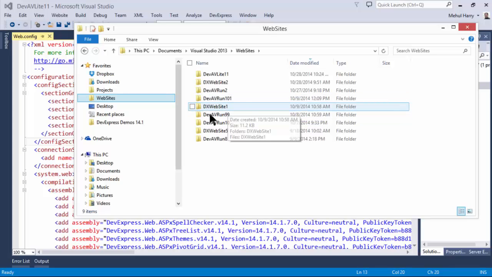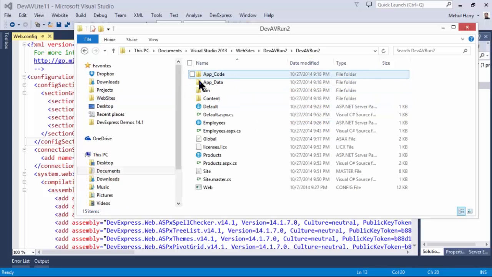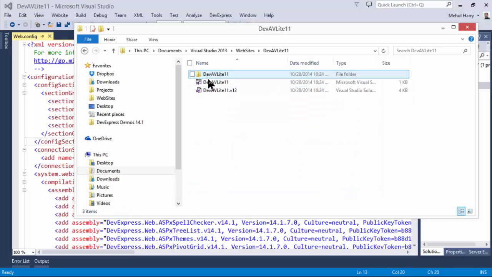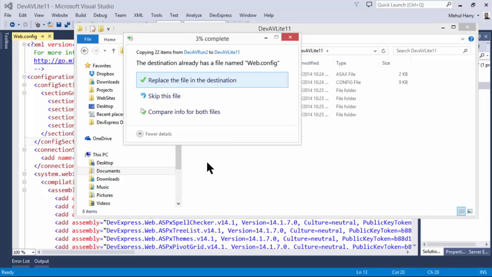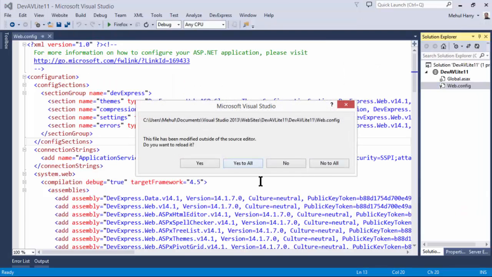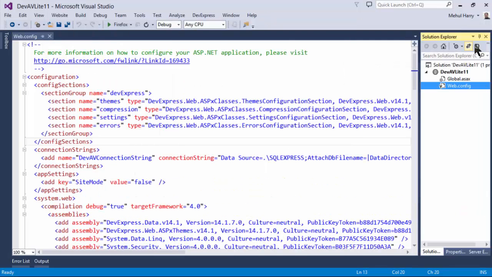is, this is our current site. So let's take one that I did, let's say yesterday, and I'm bringing a couple items. And I promise to show you exactly everything that we bring in. All right, so here, this is our empty site. The only thing I'm going to replace is the web config file, and then I'm going to add these 4 folders. So to show you exactly what we did, it's going to say, hey, let me reload web config,